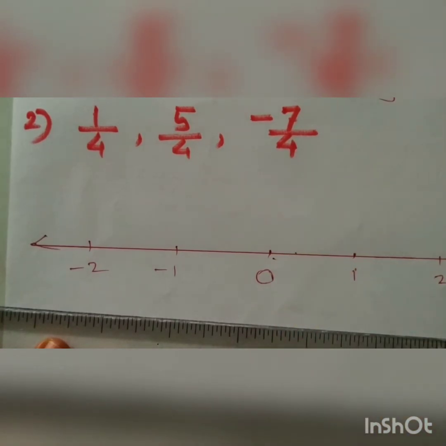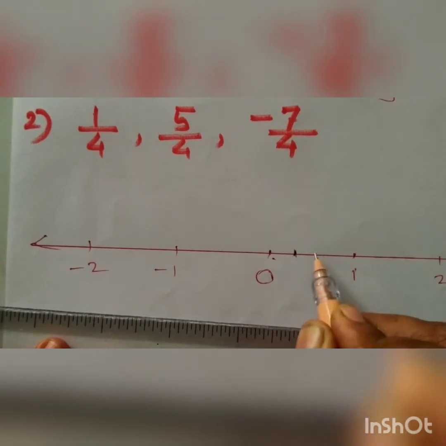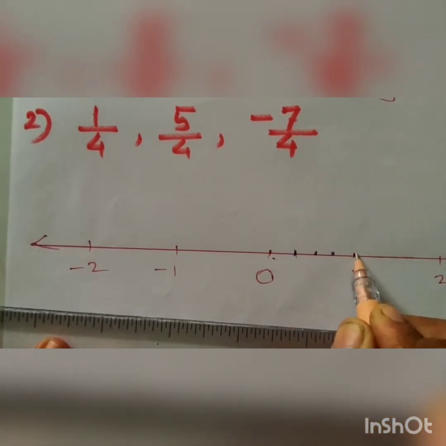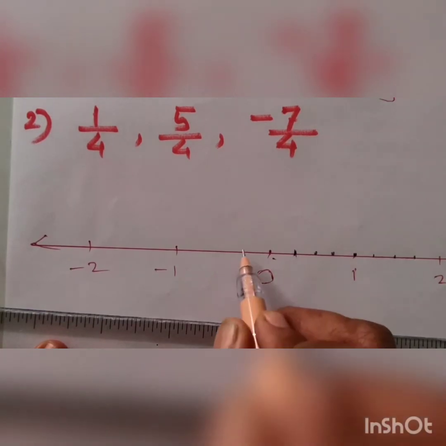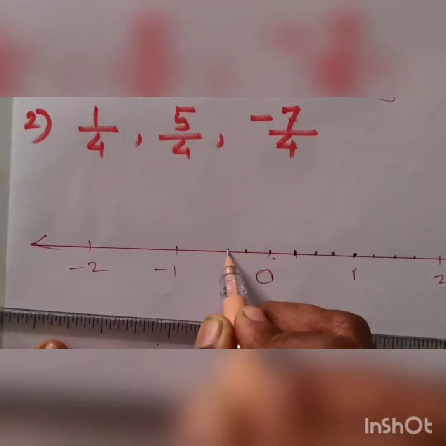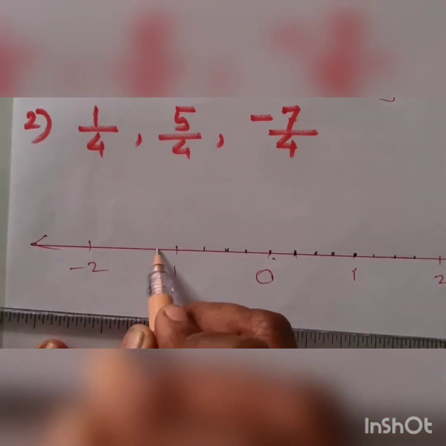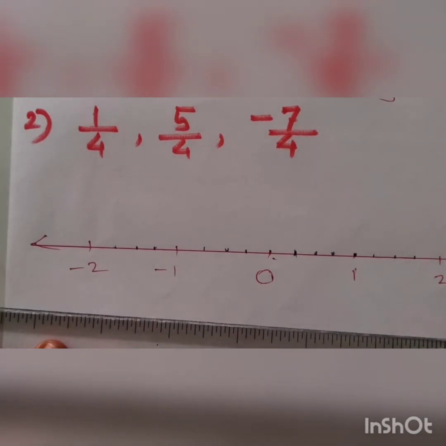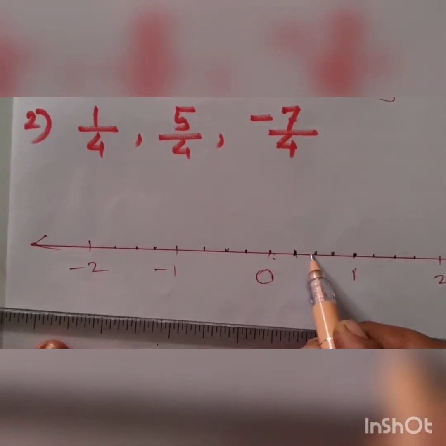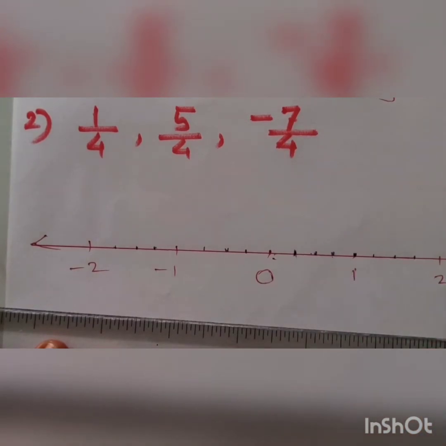This is first part, second part, third part and fourth part. Again first part, second part, third part and fourth part. Same way here also, first, second, third and fourth. Remember that each part we have to make equal distance, means this distance is equal to this distance is equal to this distance, like this way, means always make equal parts.